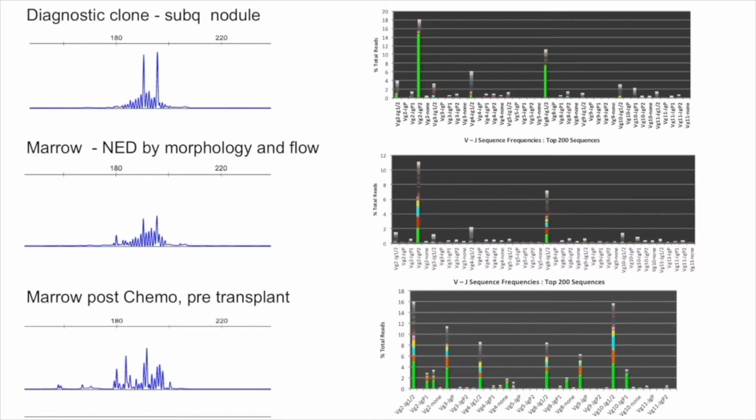So we do have here a hint that this may be the 2 same clones that you have here, but as far as being able to call it, especially when you have a completely negative biopsy by morphology, you always want to hedge and say, well, maybe there is some residual disease, but I am not quite sure. With the LymphoTrack assay, this becomes very easy because you can actually see the clones in here and you can track the specific sequence. So in this case, this patient did have exactly the same 2 sequences, as you can